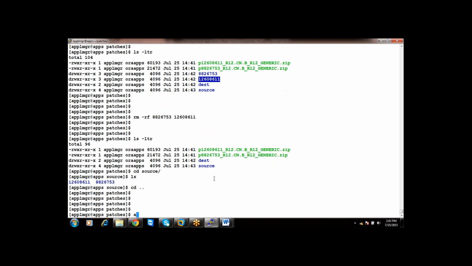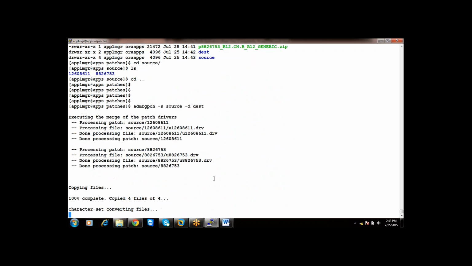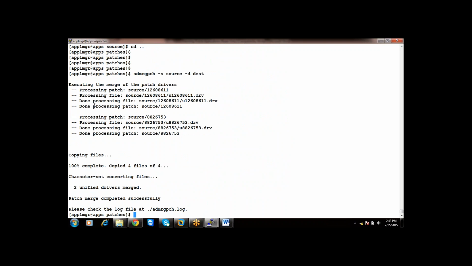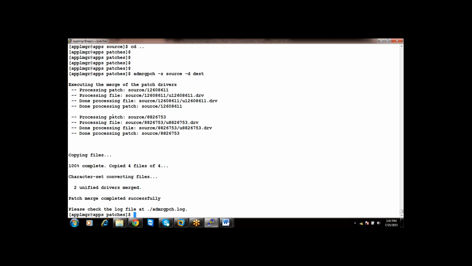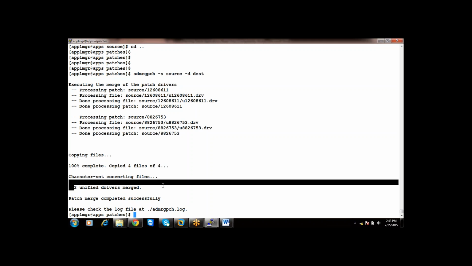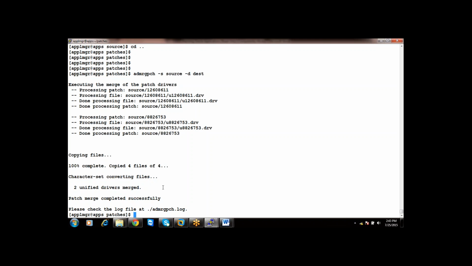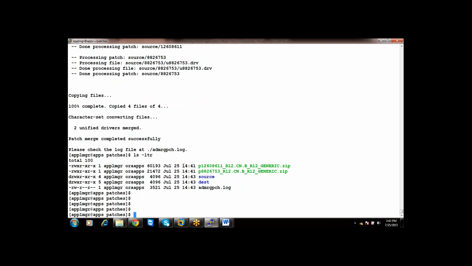Now I'm giving the syntax admrgpch -s source -d dest. What is it doing? It is going into the two directories, processing the files, and merging the two unified drivers. Now what about the merged file?